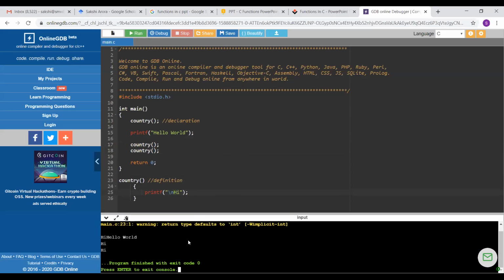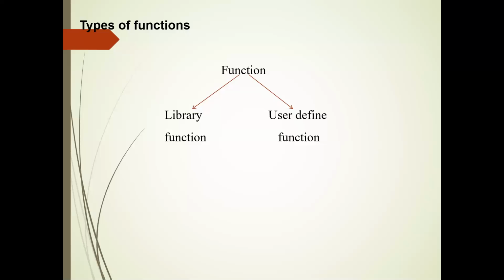Once I try to do that, see, it has been called multiple number of times. So basically, in library functions, we do not need to declare those functions. Like we did not declare main or printf before using them. But before using a user-defined function, for example, as we wrote a user-defined function country, we have to declare that function.